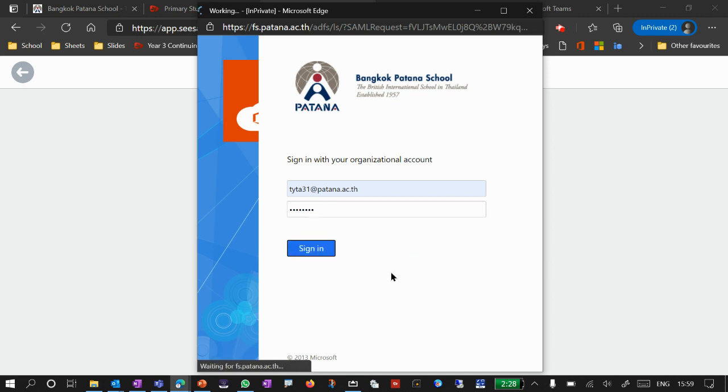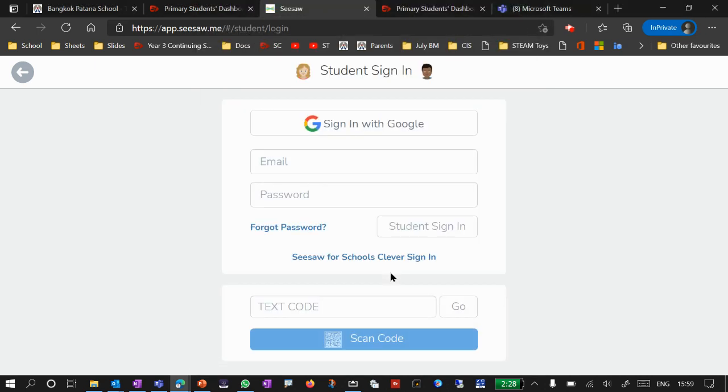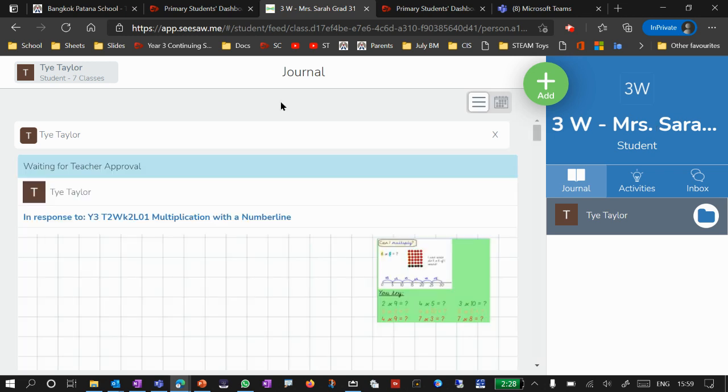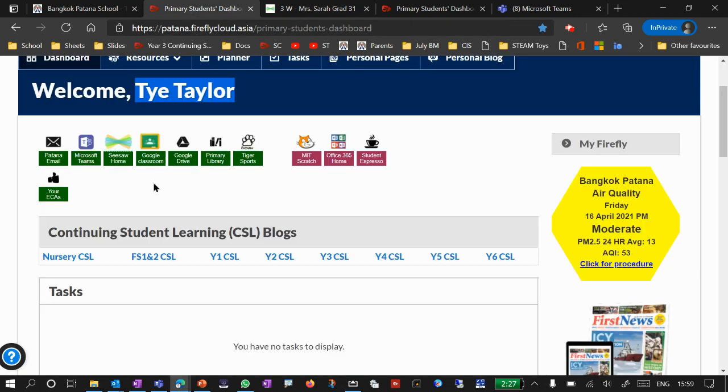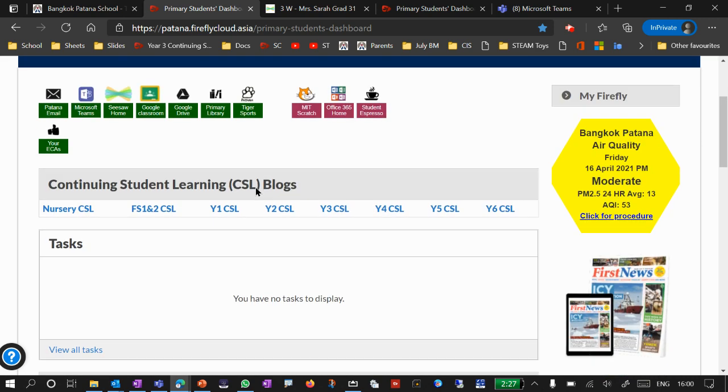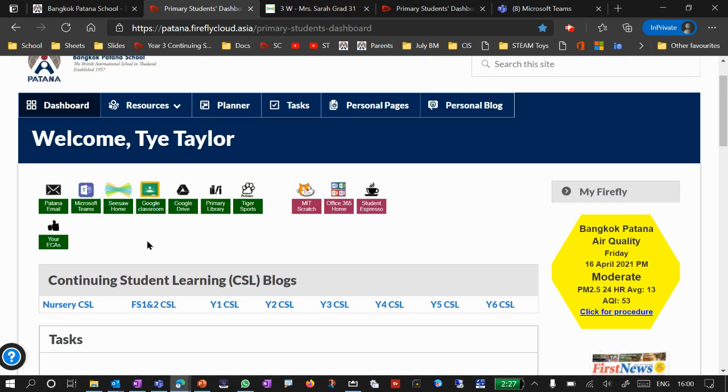Okay, sign in. And it will take me to my 3W Mrs. Sarah's, not Google Classroom, a Seesaw. And the last thing for year 5 and 6, although they haven't been required to change their password because they've changed them recently,